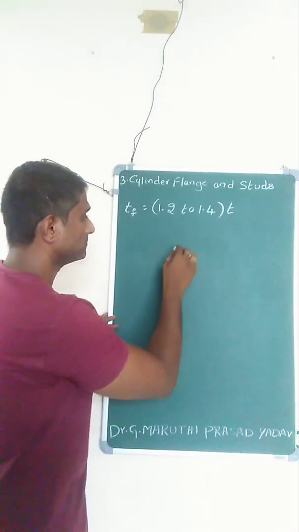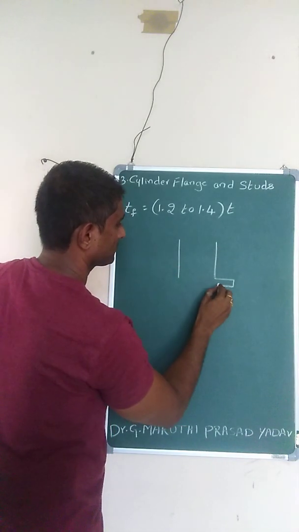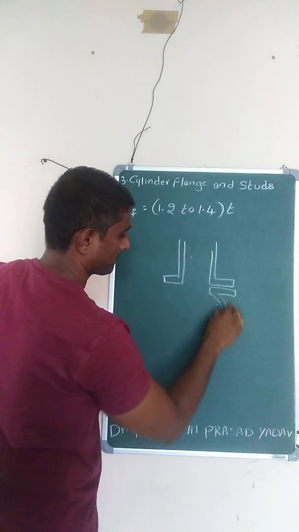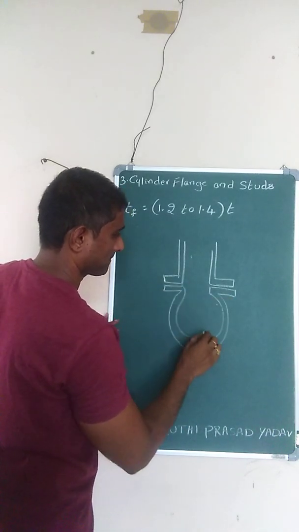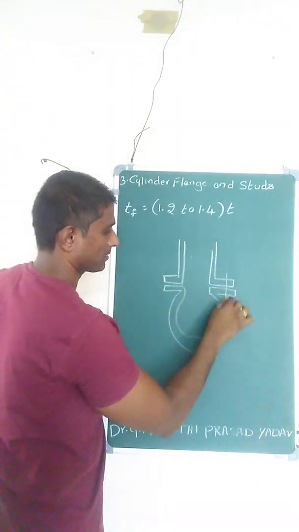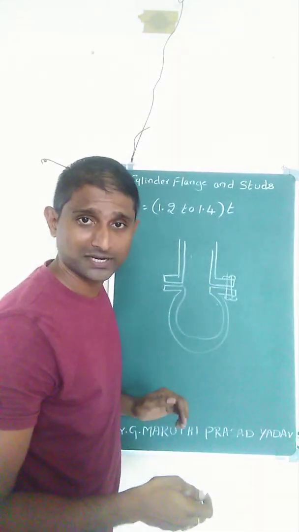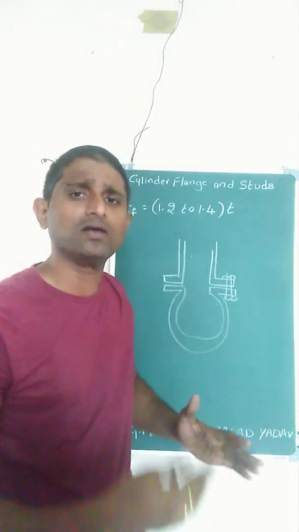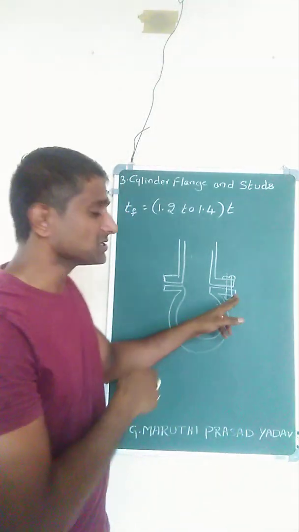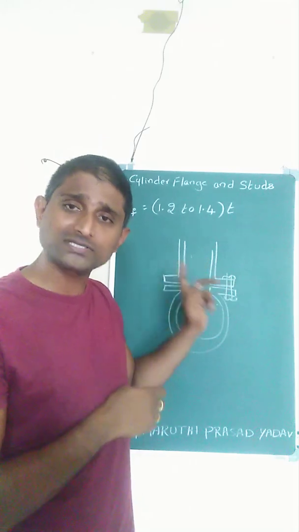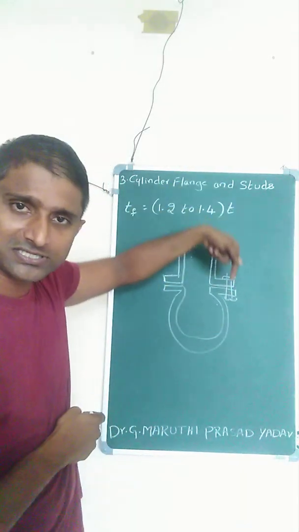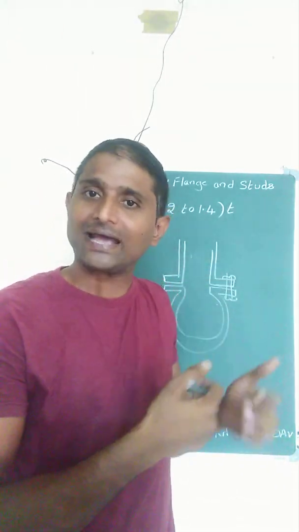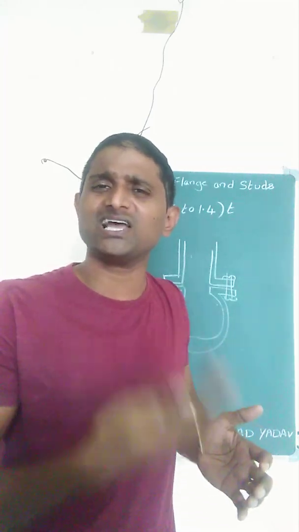I will draw the rough outline diagram. So it is like this. Here is the bolt and nut. Whatever load is developed here is nothing but the maximum gas pressure, the maximum gas force. This bolt has to withstand that load without failure. That load is acting in this direction, so the bolt is subjected to tensile load. It is acting along the axis of the bolt, so that load is nothing but tensile load on the bolt.